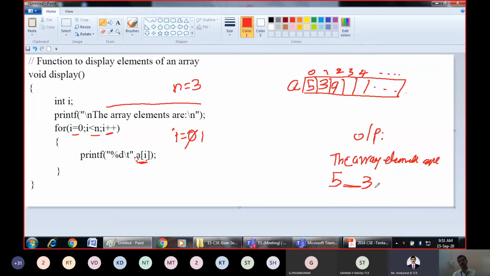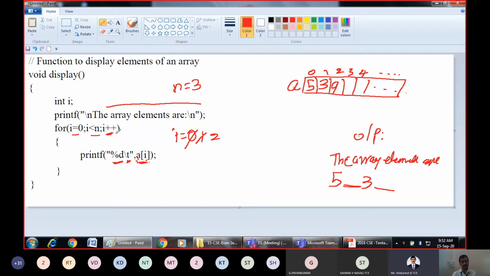Again, one tab space. Why tab space? Here it is \t. What does \t indicate? After displaying this integer value, give one tab space, that is 8 columns. Then after displaying this, increment the value of the index. The new value of I will become 2. 2 is less than 3. The condition is true.